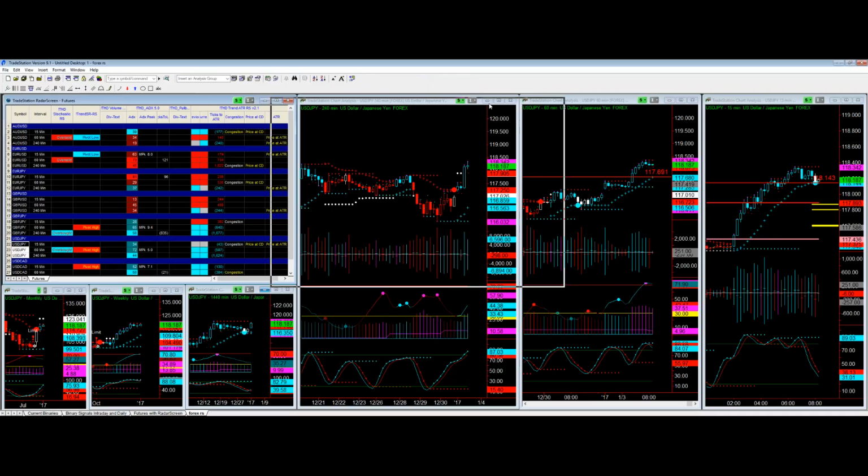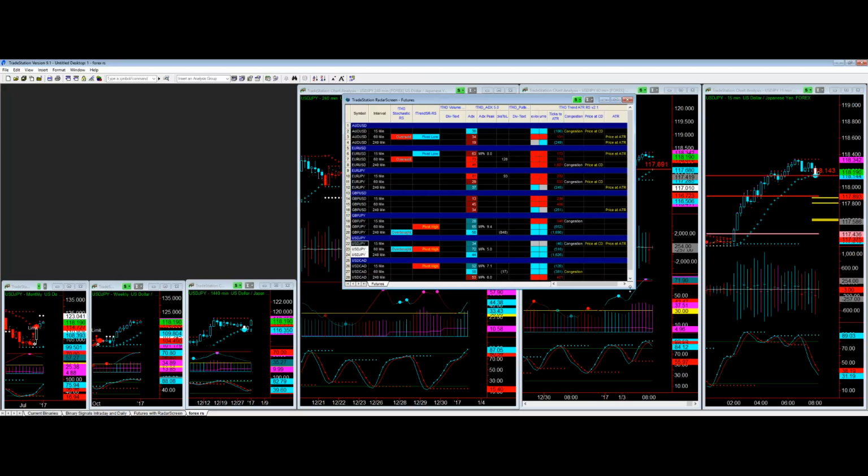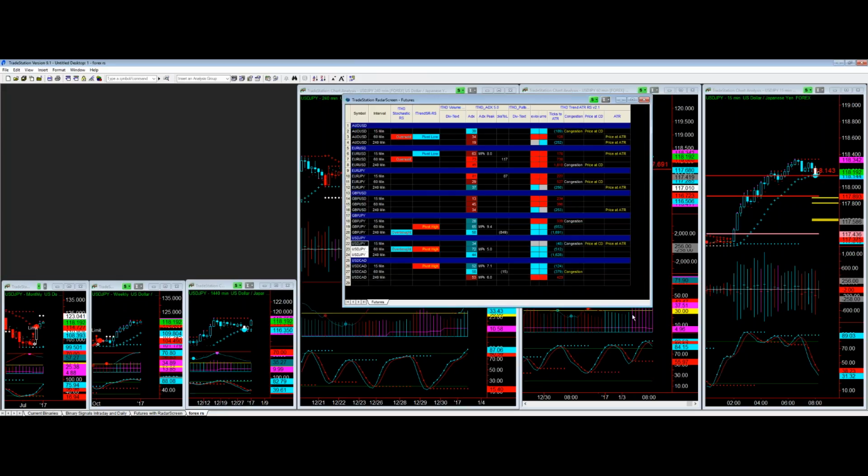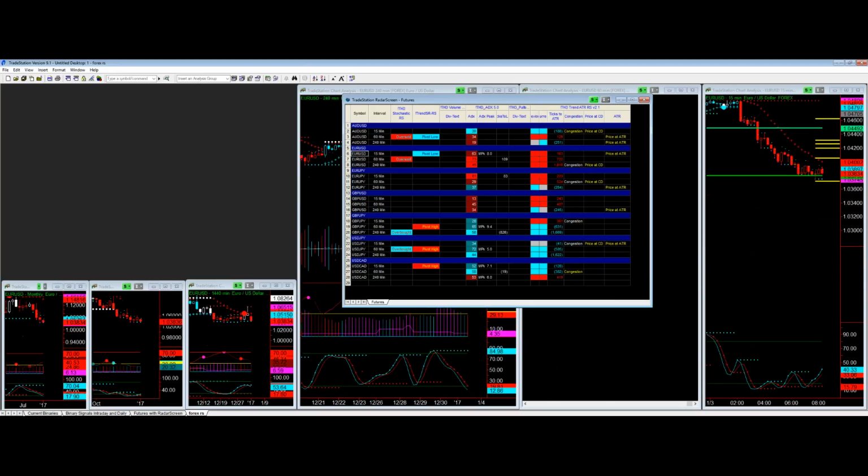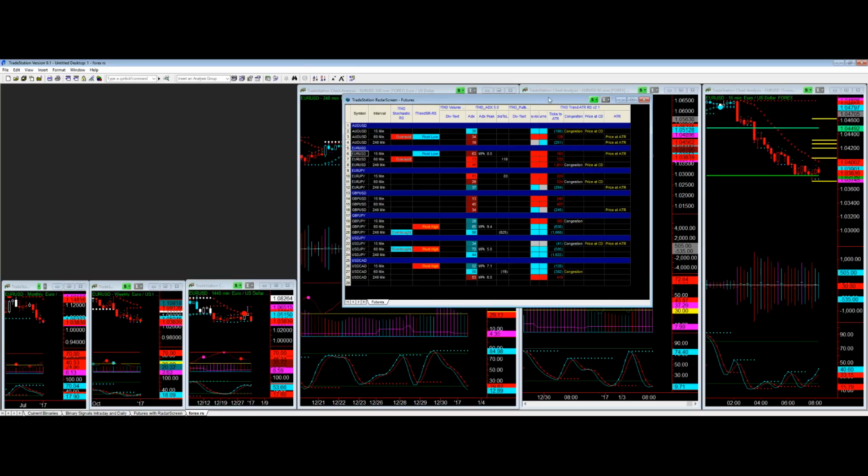All right, let's look at the radar screen. Every trade that I take is at an ATR. And I don't have to look at the charts to know which ones are at an ATR. It's either at an ATR or at a congestion dot, okay? So if I just go down the list, I can see everything that is potentially at an ATR. For example, the Euro US dollar is close to an ATR on the 60-minute chart.